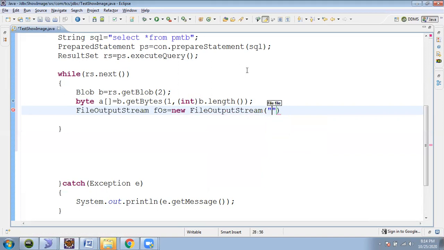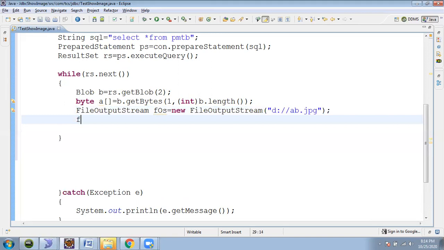Then what I did, I wrote D colon, whatever name I'm giving, .jpg. It will store, it will actually write the Modi ji image over there. This is basically the path where we have stored the images.